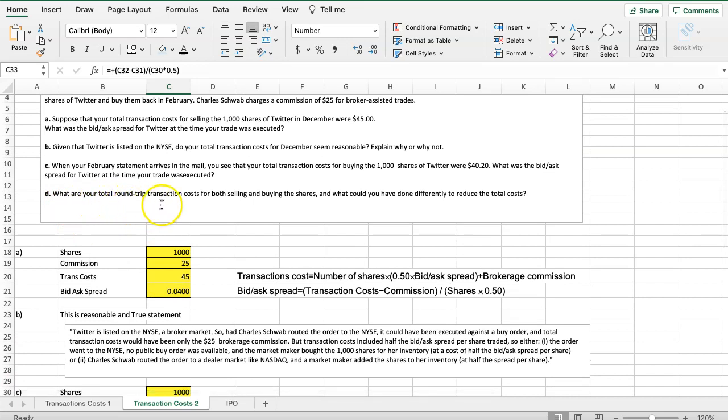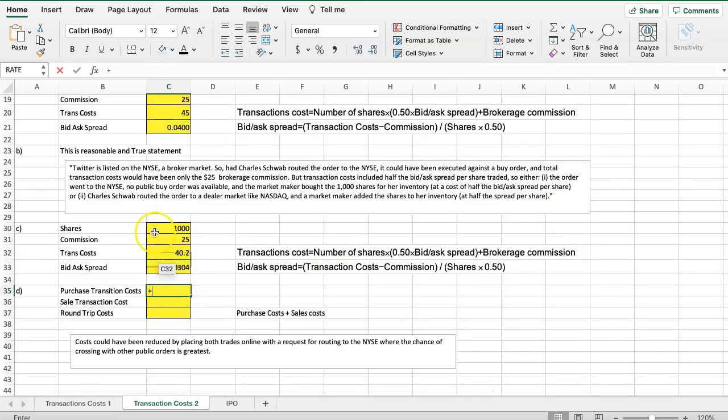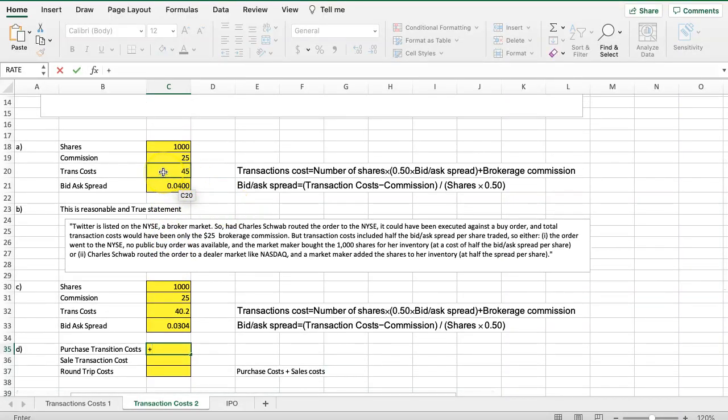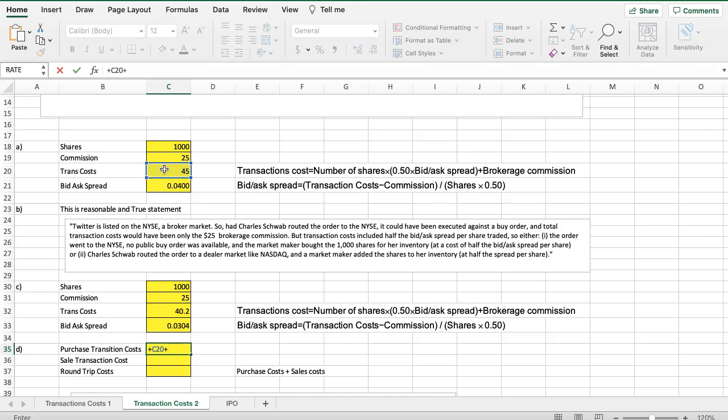What are your total round-trip transaction costs for both selling and buying shares, and what could have been done differently to reduce the total costs? So we do our purchasing costs here. Our purchasing costs were $45. Actually, no, we're not going to do it that way. I'm just going to take, since the transaction costs are right here, the number from here and put that in the cell,